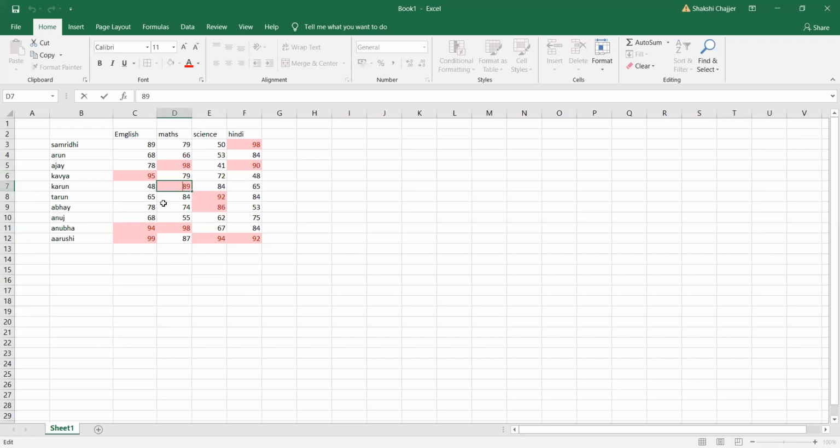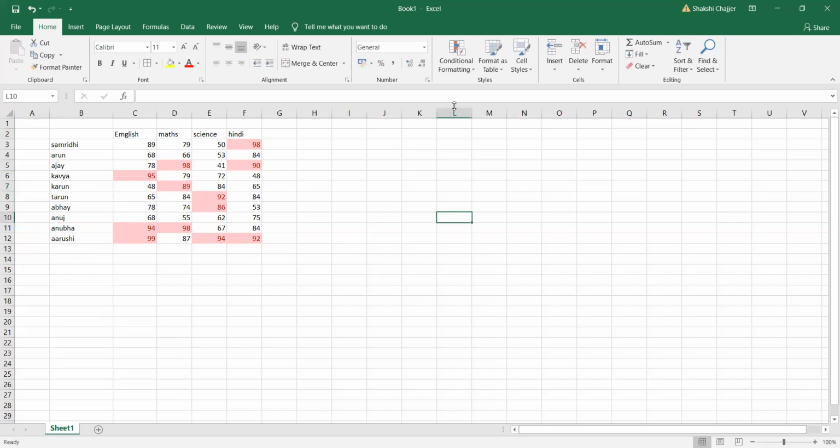From up to down is again not possible, because we do not have anything up there to replace it. That is why we just have two options whenever we are deleting a cell. The first option is shift the cell up, and the second option is shift the cell towards the left.